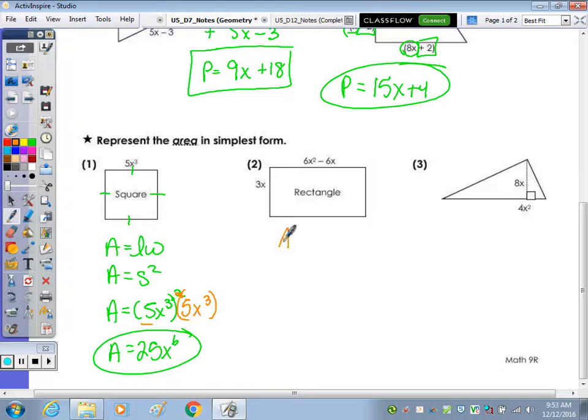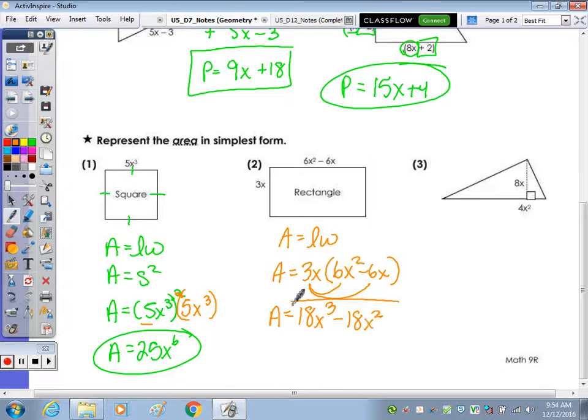Area for a rectangle, as we just said, length times width. And I always like to write the monomial first in order. Distributing that through. So 3 times 6 is 18. X times x squared is x cubed. 3 times negative 6 is negative 18 again, and x times x, x squared. So multiplying, we add our exponents, but power to power, we multiply the exponents. In our